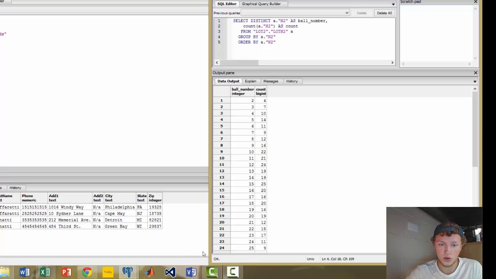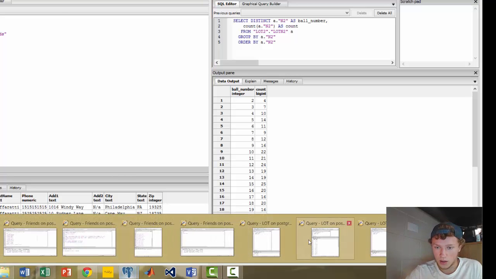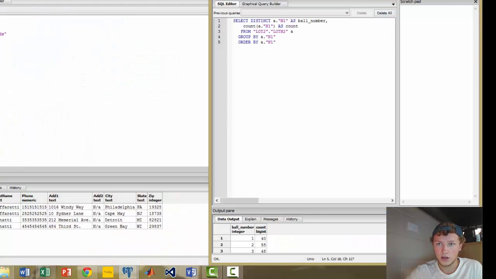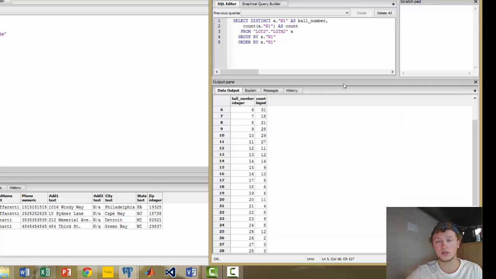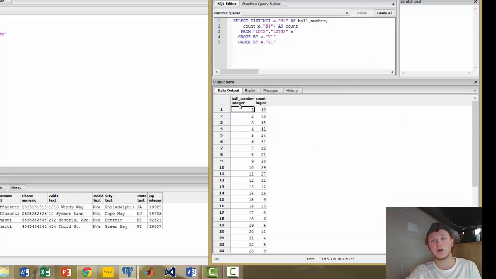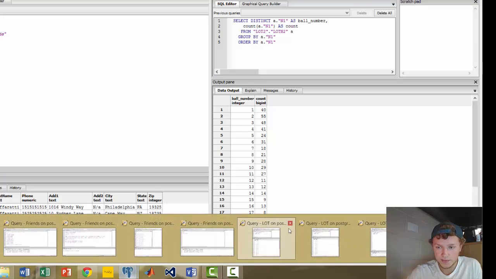If we go to N1, right here, you'll notice that the 2 has come up 55 times, and that's because 2 is much more likely to be the lowest number than to be the second lowest number, just by the odds of it. And we can also do the same thing for N3, right here,